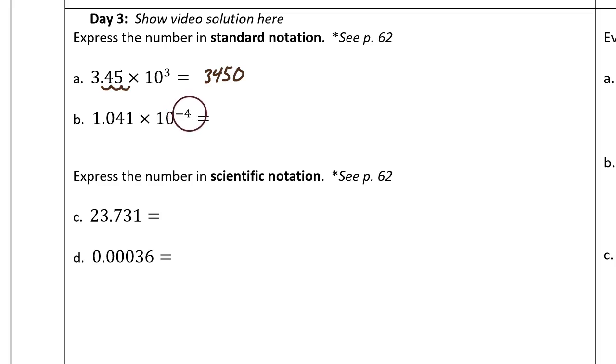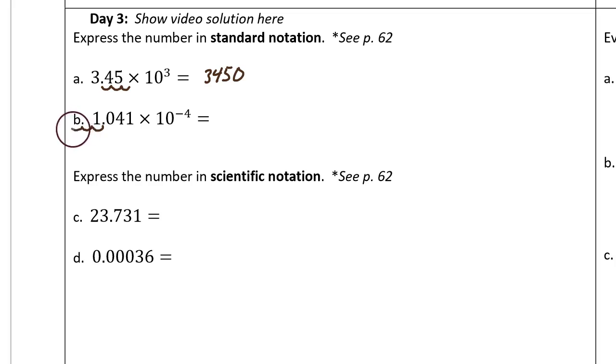If the exponent on the 10 is a negative 4, then that means to multiply by 1/10 4 times. Each time you multiply by 1/10, you create a smaller number. We can get to the answer by moving the decimal point to the left 4 times. The first time we move to the left, we would get the answer 0.1041. The second time, and filling in with a placeholder 0, we would get